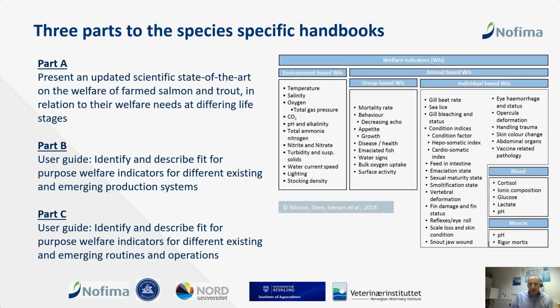And from the suite of welfare indicators that were available for each species, they assessed which are operational and which are fit for purpose. And then we generated an OWI toolbox here on the right, based on input environment-based OWIs or outcome animal-based OWIs, either at the group level or at the individual level. Then we took this toolbox and refined it. Either we refined it for existing and emerging production systems. This was work led by my colleague Jelena Kolorevich and Lars Steen again.